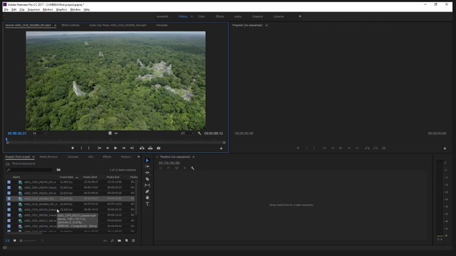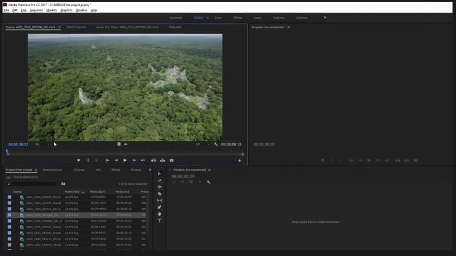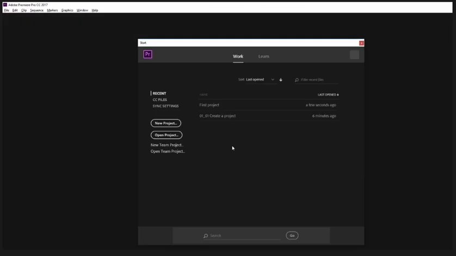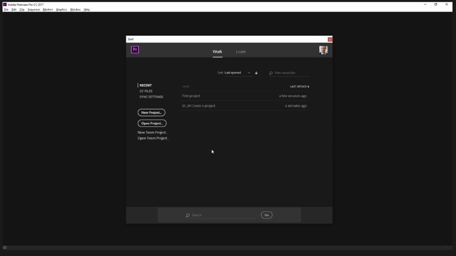So now we have a project file with some media imported, and we're ready to get started reviewing our footage and editing clips together. For now though, I'm going to go to the File menu again, and I'm going to choose Close Project. I will save the changes, and we're back to the Start screen. So that's opening an existing project, creating a new one,